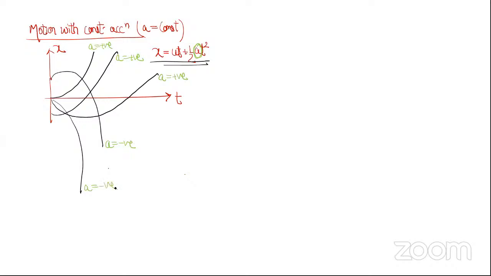Whether the graph starts from origin or not, that will depend on t equal to 0 पे कहाँ पे है। Let's say at t equal to 0 initially it is starting from origin, then the graph will start from origin. Let's say at t equal to 0 it was not at origin, it was at some other point x equal to 5 meter or x equal to 10 meter, right? Then the graph will start from here. This means body crosses origin at t equal to 0, and this means the body crosses x naught at t equal to 0, है ना।